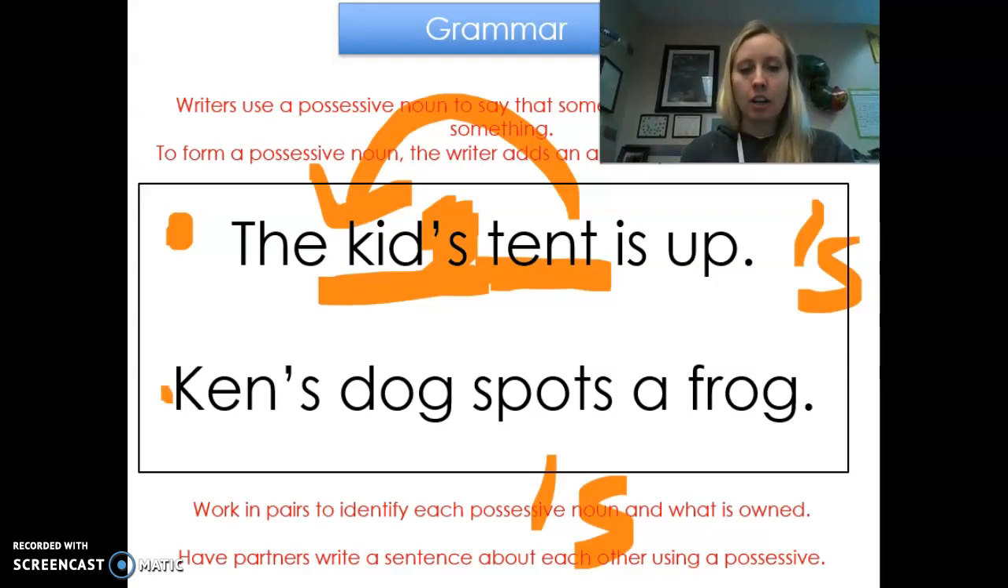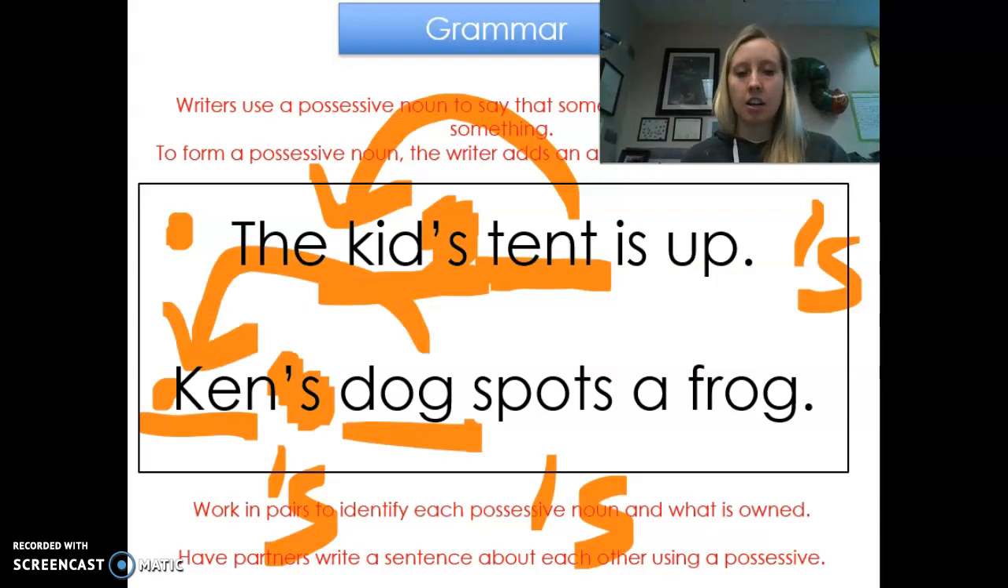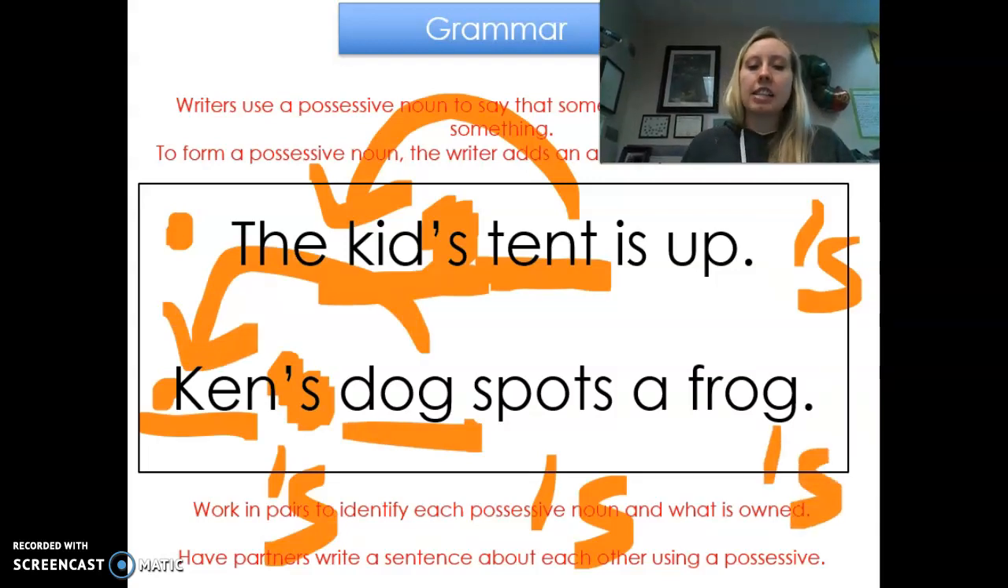Let's do one more. Here it is. Ken's dog spots a frog. Okay, think in your head. Who am I talking about? Ken. And what is his? Ken's the dog. The dog belongs to Ken. The apostrophe S tells me it's